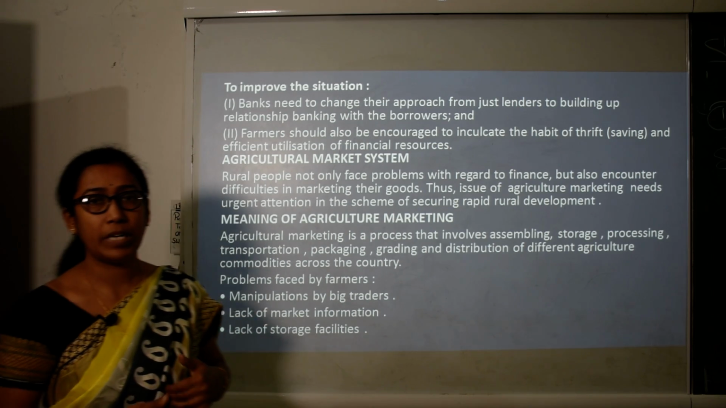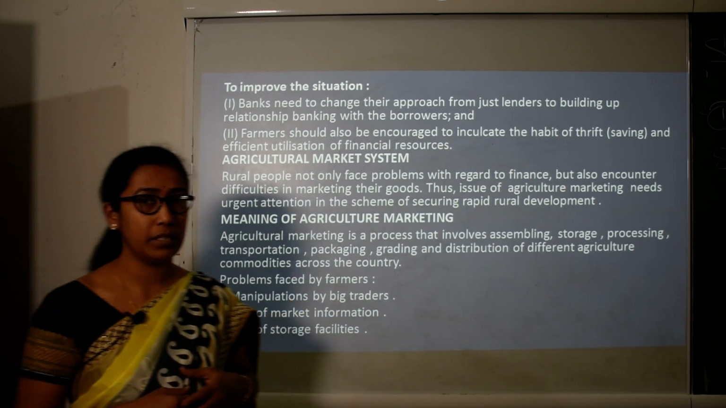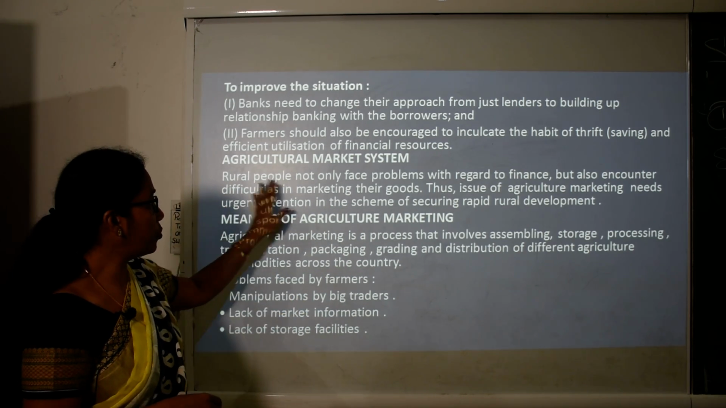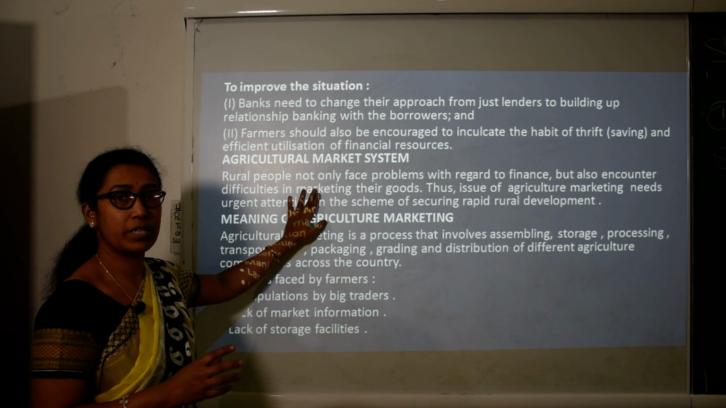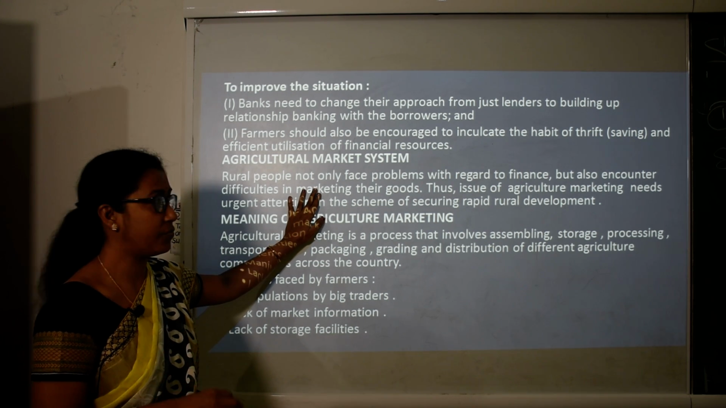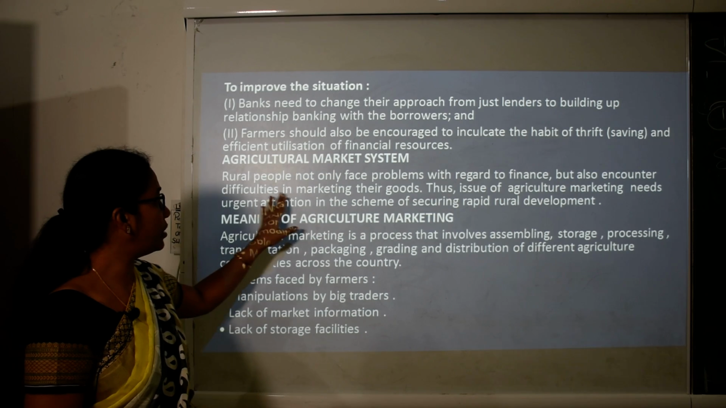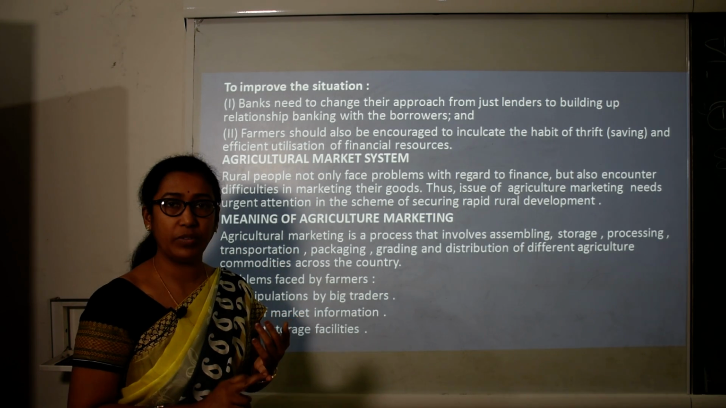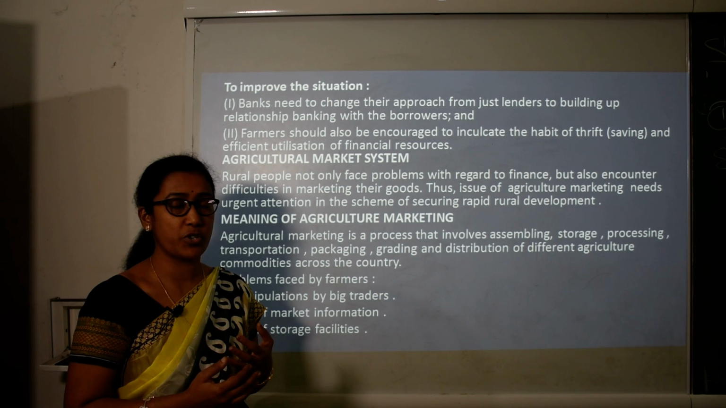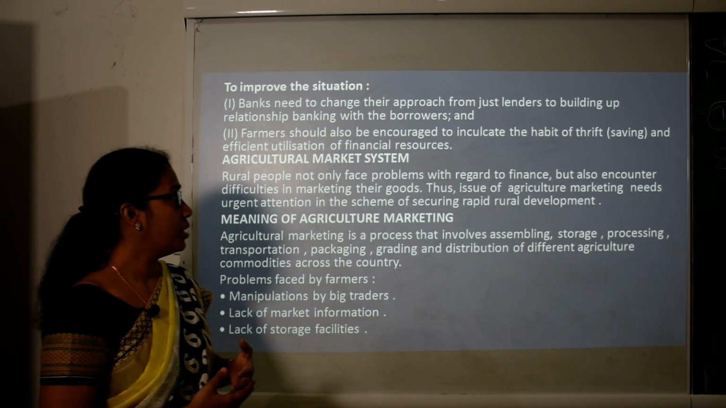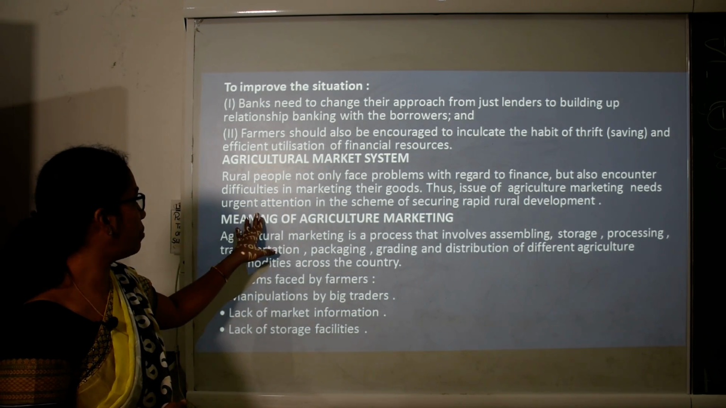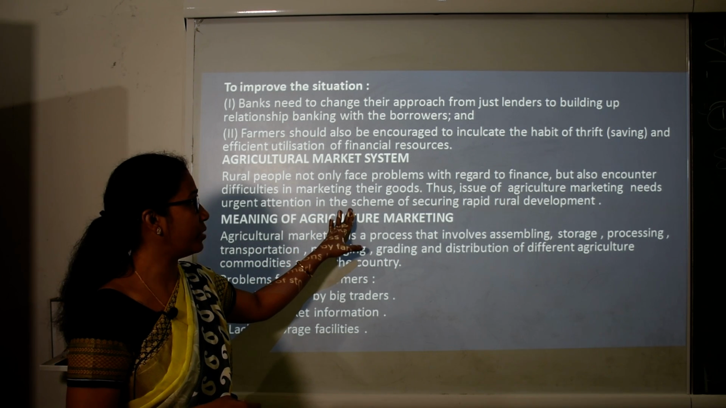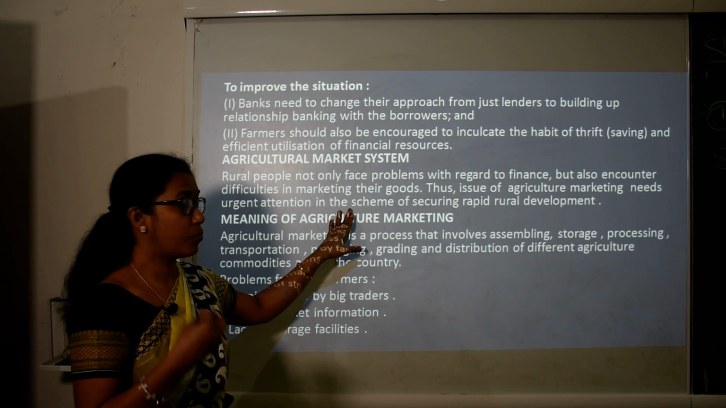Now, the next topic here is the agricultural marketing system. Rural people not only face problems regarding finance, that is insufficient finance, but also encounter some difficulty in marketing of goods, that is, in terms of proper advertisement, sales promotion could not be done for their products. So the issue of agricultural marketing needs urgent attention in the scheme of providing them